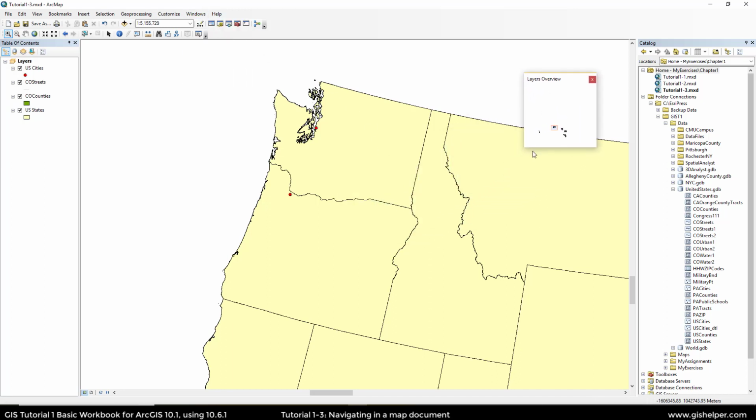Now this one's really small for me, so I'm going to increase the size of it. So I've increased the size of my window, and you can see this little box. It's a little hard to see. Let me get my magnifier out. So there's that little box right there, and if I click that and drag it to, say, New York,